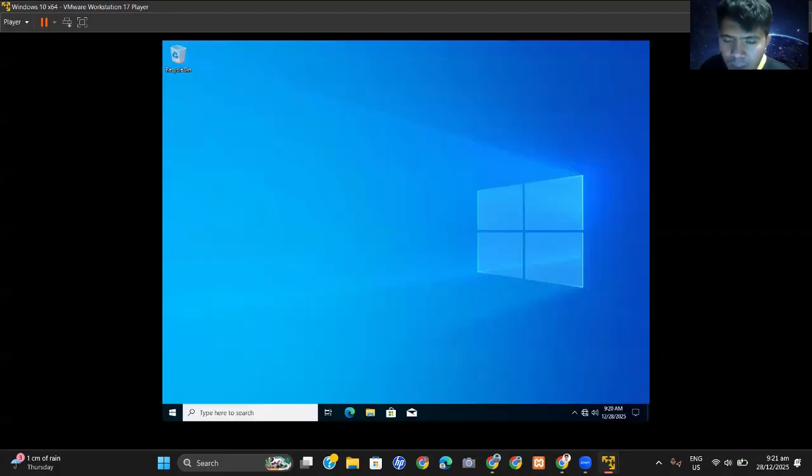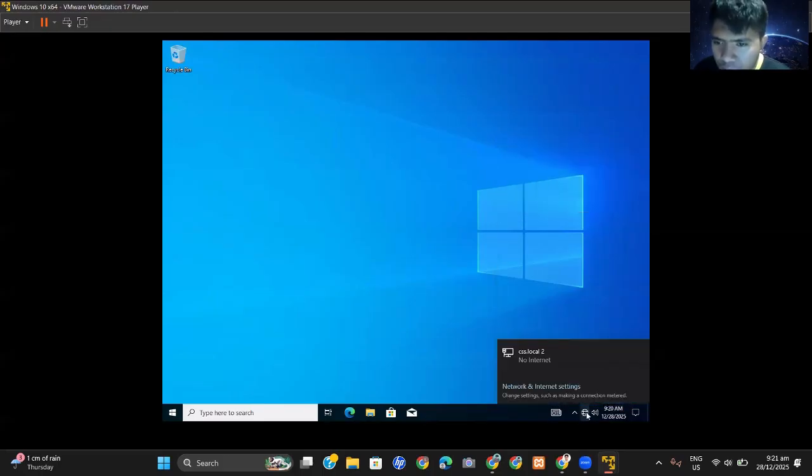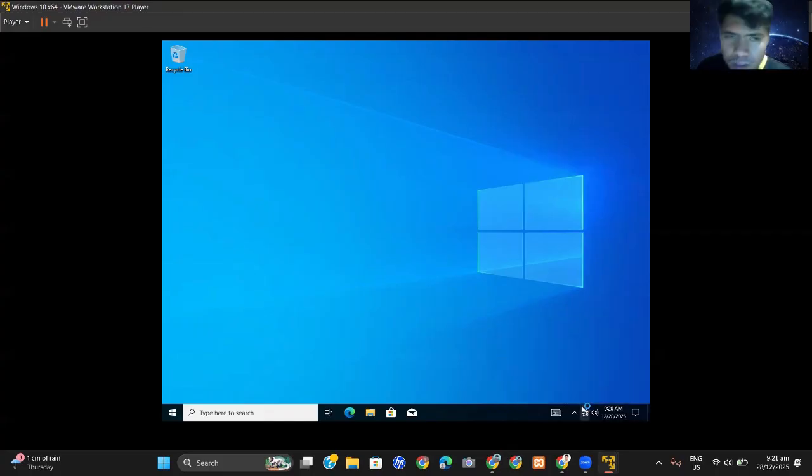And as you can see, in our network connection, it is connected to the css.local 2. So it successfully connected to css.local in here. The 2 in here means I tested it earlier in another virtual machine. That's why there are two and they have the same local name. But then again, the important thing is it has successfully connected.